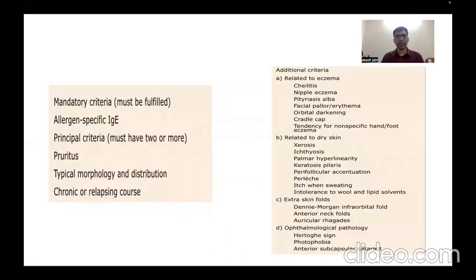So this is the Hanifin and Rajka criteria, where on the left hand side you can see the mandatory criteria, specific IgE antibodies, principal criteria, pruritus, typical morphology and chronic or relapsing course, and the additional or the